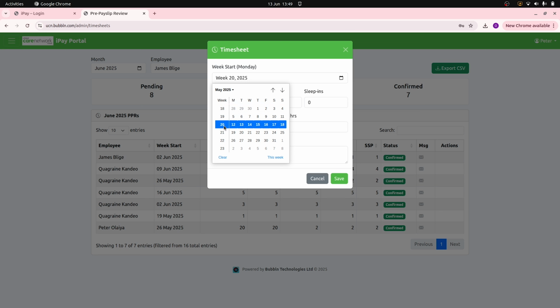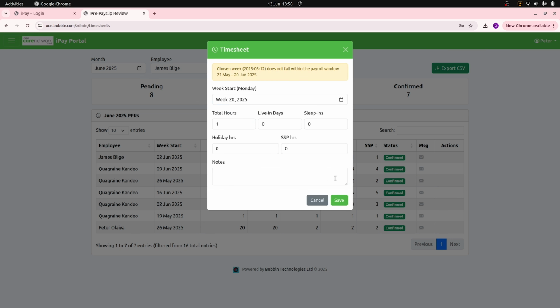Since we said that the start of a month is from the 21st, the first day in the month of June is the 21st. The first payday is the 21st of May, and that falls under week 21. But if I pick week 20 by mistake, then I expect that there should be an error when I try to save. And it says week 21, this period does not fall between 21st of May and 20th of June,